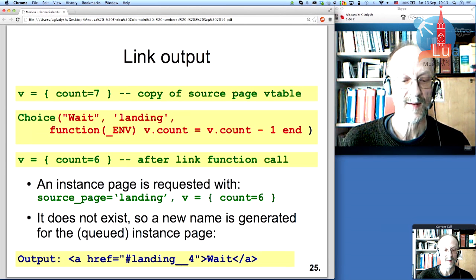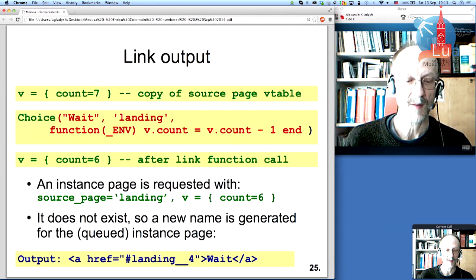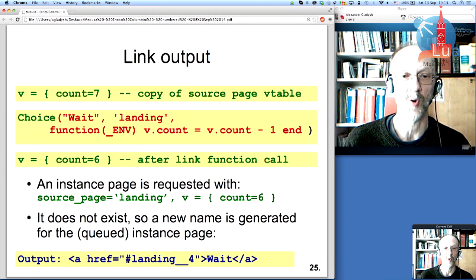And the result, because the page does not exist, is that a new request is queued, a new name is generated, and then the name for the instance page, in this case landing_4, is put into the